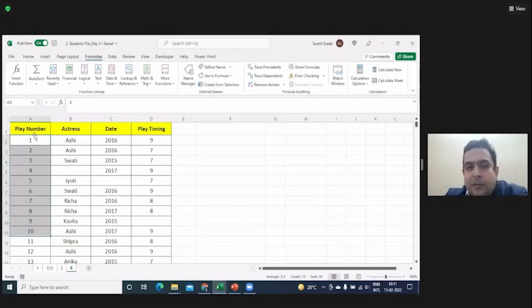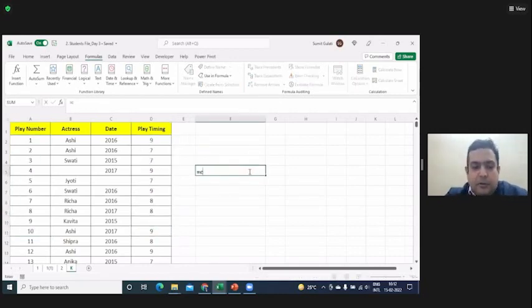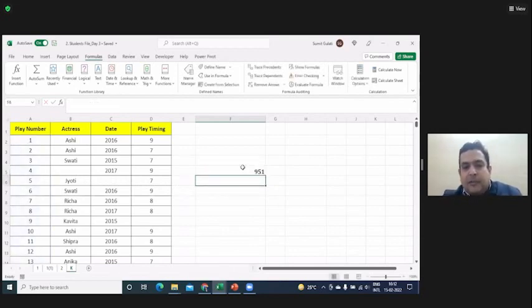You won't be able to find out how many plays have happened, right? Yes, sir. In this case, what you will do? You cannot select anything here because there's some data missing. So you'll just run a count. Count on what? Play number. Because count the number of cells which have numbers in it. So I'll say play number, bracket close, enter. It will give me there are 951 plays. Okay, sir.